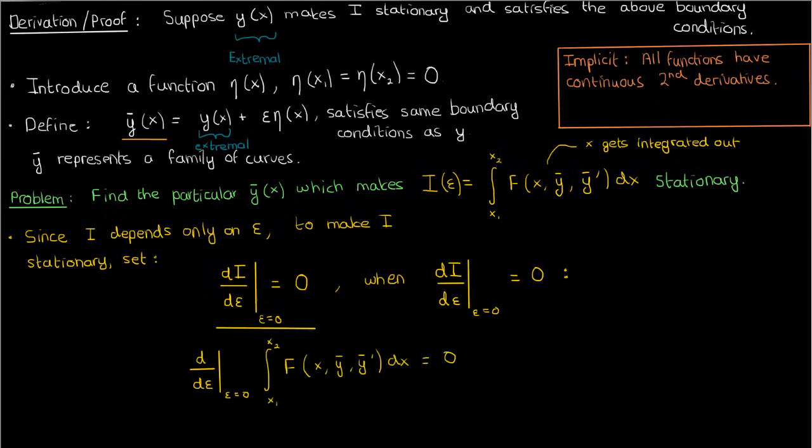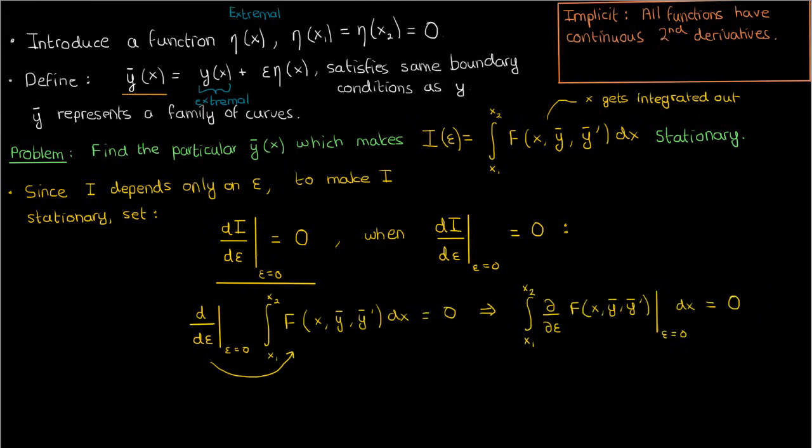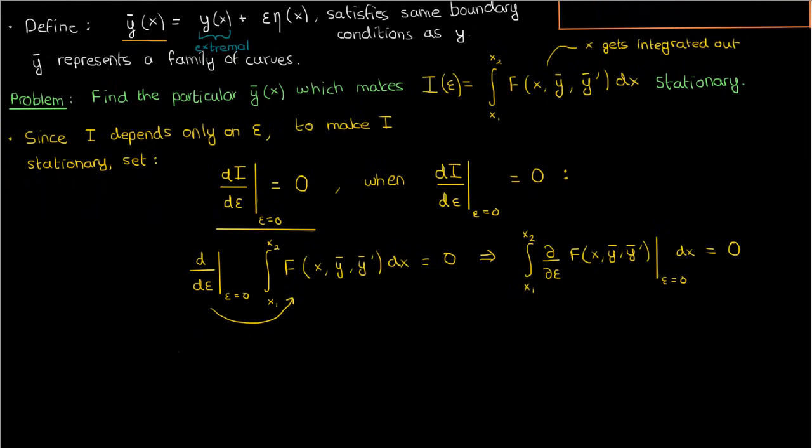Obviously because I equals this integral by definition. Now, let's move this derivative inside, in which case we end up with a partial derivative with respect to epsilon. Now, y bar and y bar prime are the only variables or functions inside capital F which depend on epsilon. X is just an independent variable by itself, so what we can do is apply the chain rule of partial